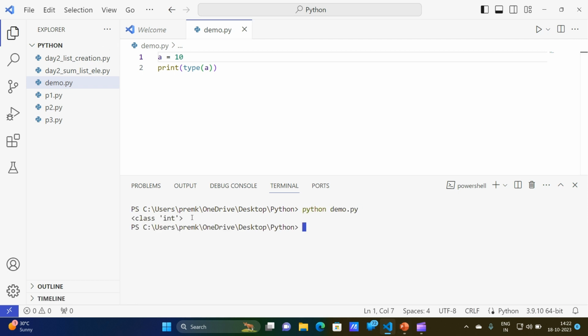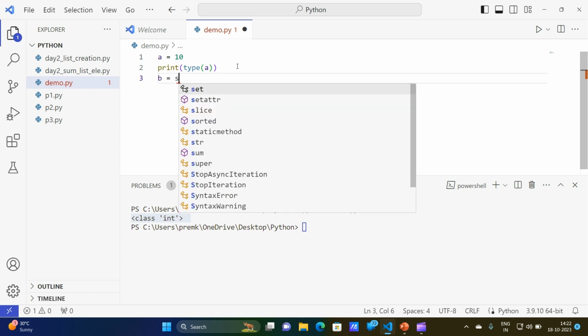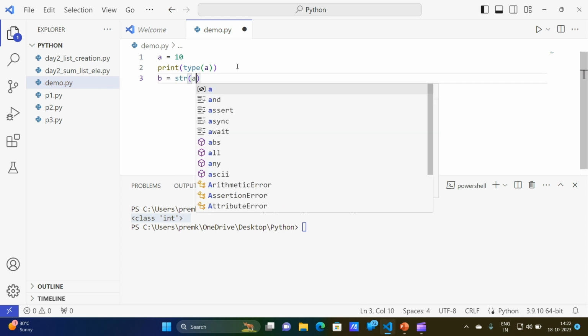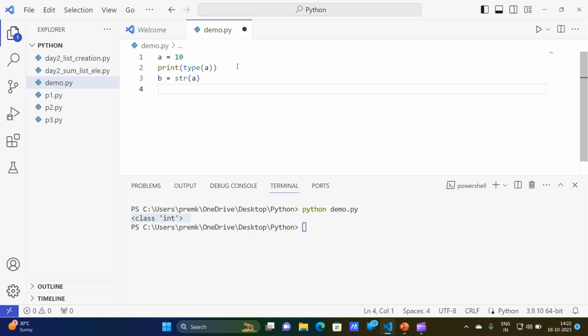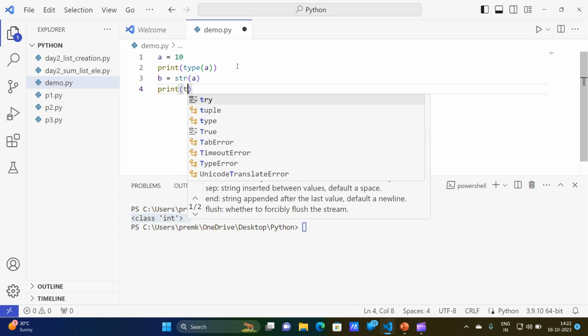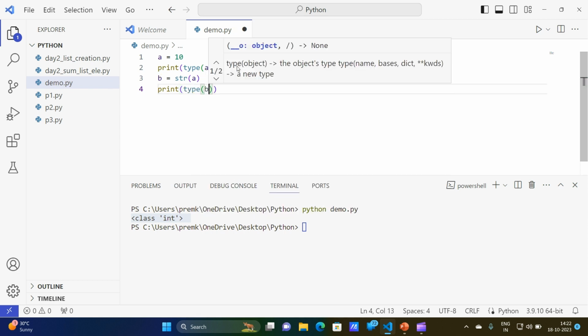You can see it's giving class int. I can convert it explicitly, like b equals to string of a. Now if I print the type of b,